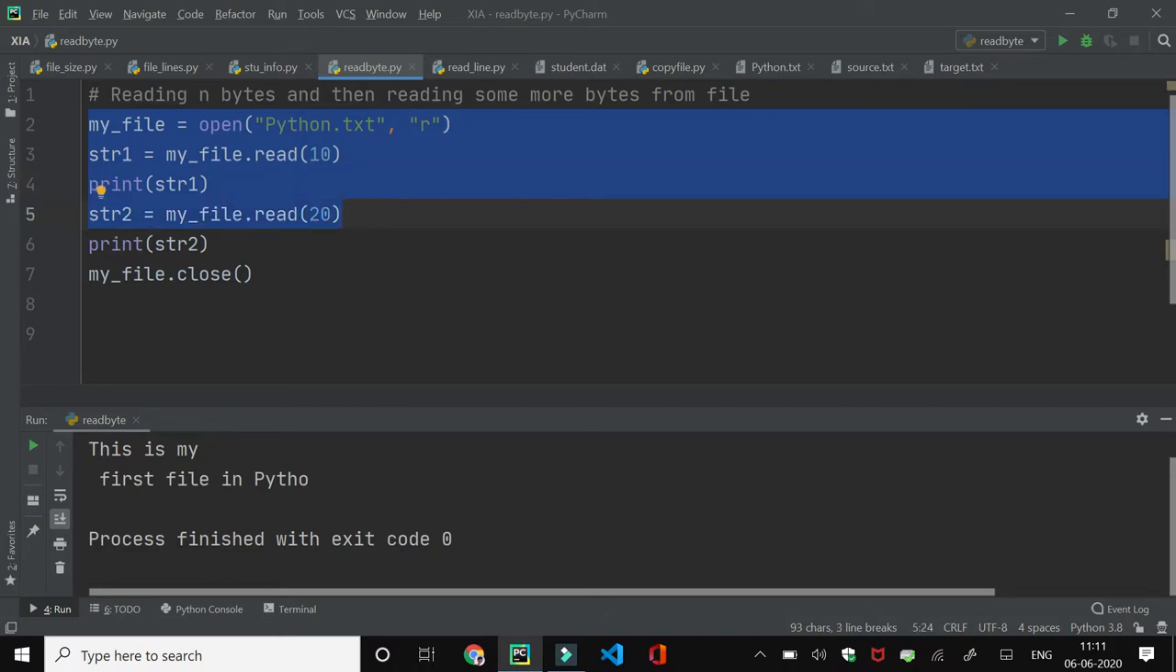Now in the next line, again we have called the read function and passed 20 as an argument. So it will read a further 20 characters of the file and store them into str2. So in the next line, when we print str2, it will display the next 20 characters of the file, and at last we have closed the file. So when we run this program,